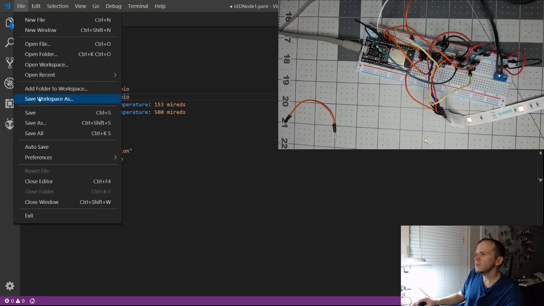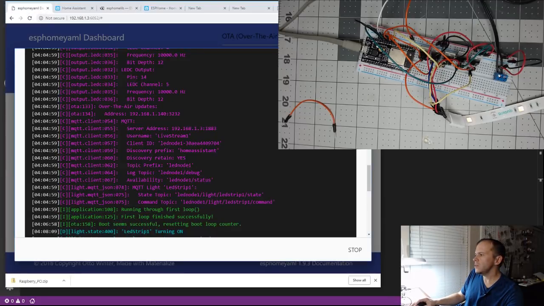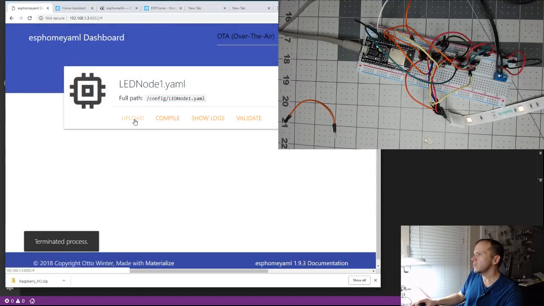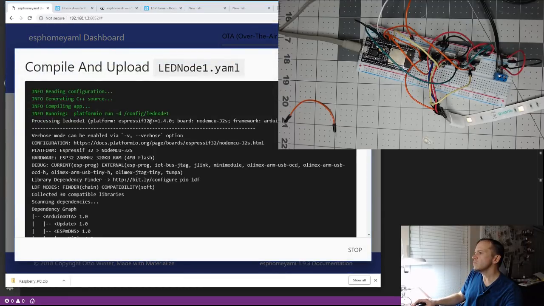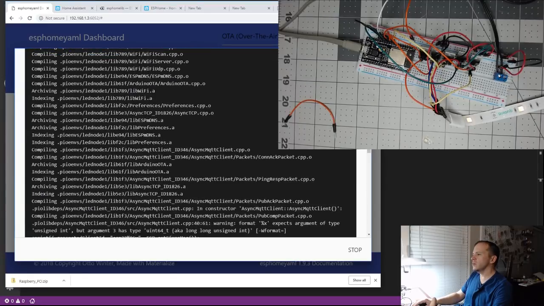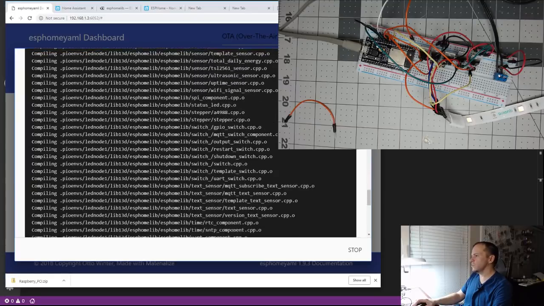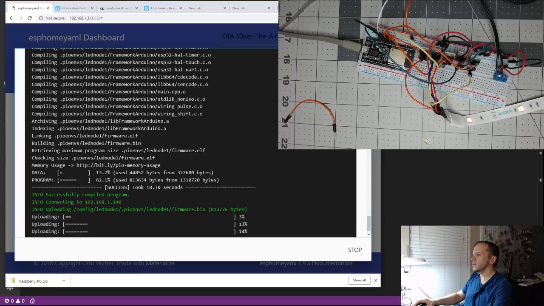13. File, save, and pop back to the dashboard, and you can see the log. And we'll upload it. Let's see. Yeah, now you notice we threw that in. It's having to compile some more stuff, so it's taking a little longer. But it compiles pretty quickly. This isn't too much of a beast of a computer, and I've got a bunch of other stuff running on it, so it's still pretty quick to compile.